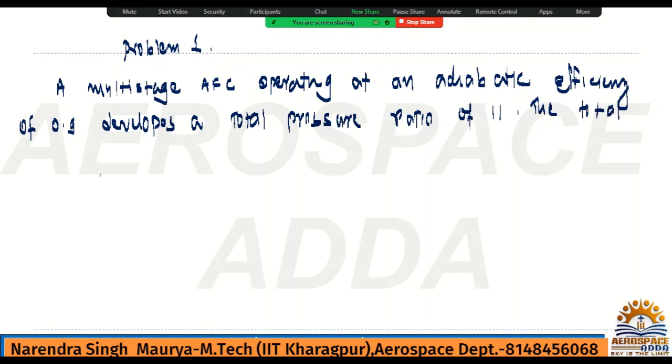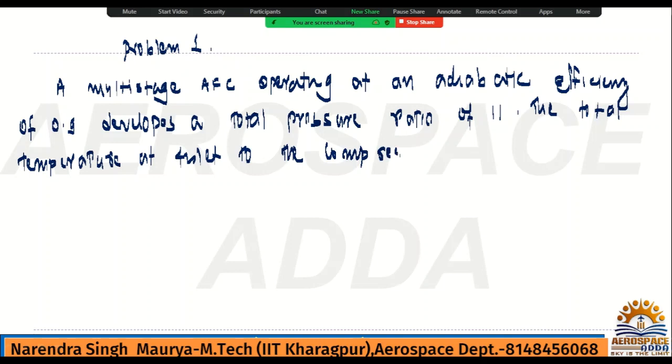The total temperature at inlet to the compressor is